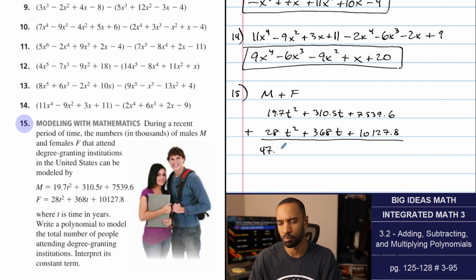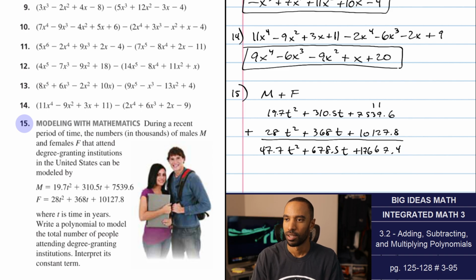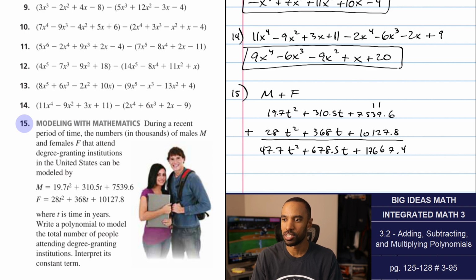That's 47.7, I believe, T squared. These are like terms, by the way. This one I think looks okay. 678.5. Let me know if I messed up. Plus, okay, can I do that one? I can do this kind of math, right? 4 1 7 1. I haven't done this in forever like this. 6 7 1 like that. All right, that was hideous. Okay, I believe this is our new